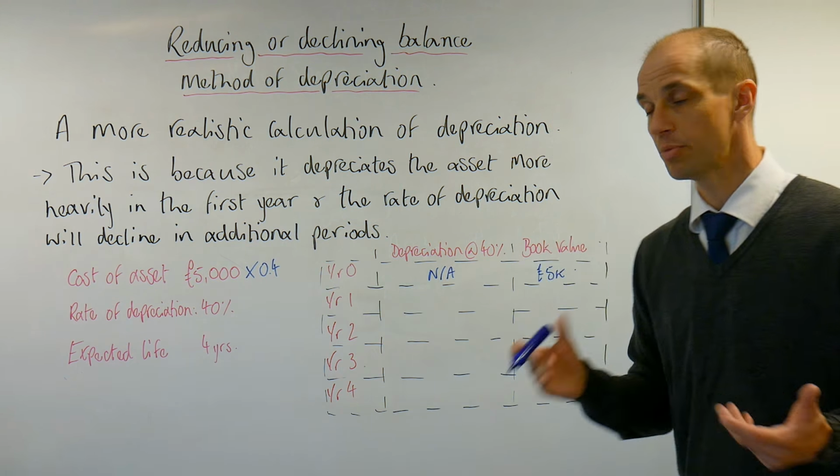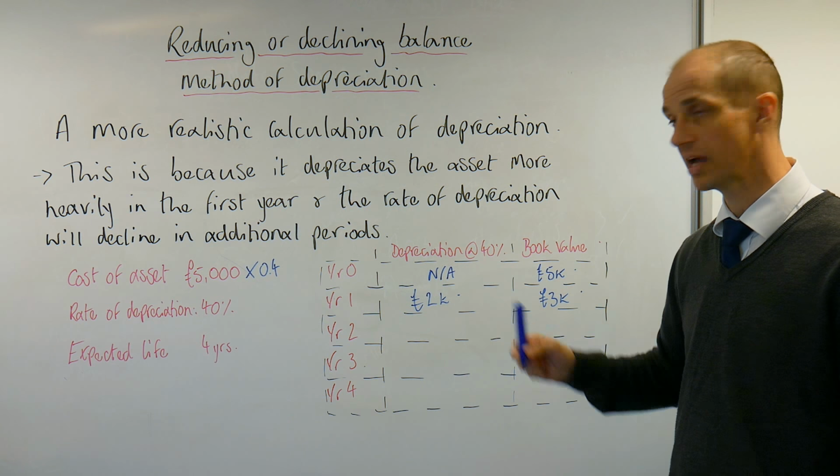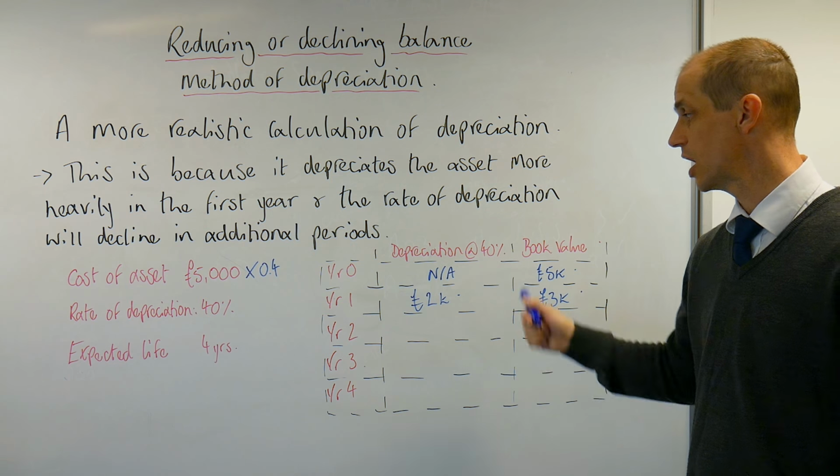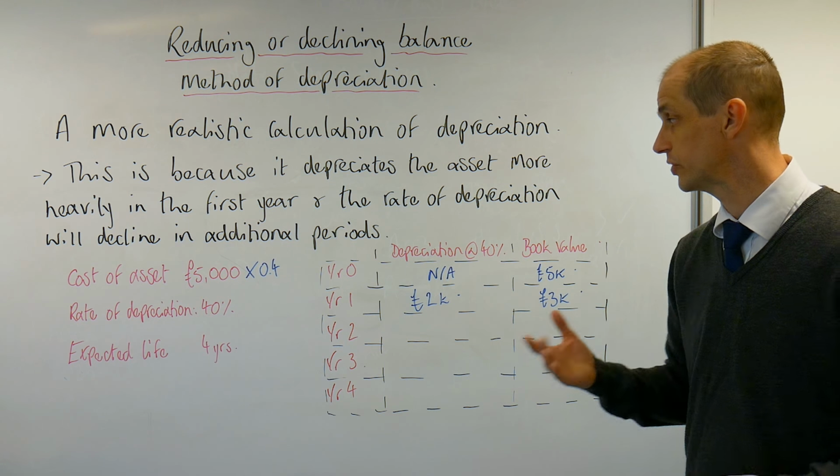Okay, so with our first instance, the end of year 1, how much is this asset going to depreciate in value? Well, it's going to depreciate by £2,000. Okay, so 5,000 times 0.4 or 40% is £2,000, and therefore we write down the actual book value of that asset, and we write it down to £3,000 there. £2,000 would be noted down as an expense on the business, and that would be reflected on the statement of